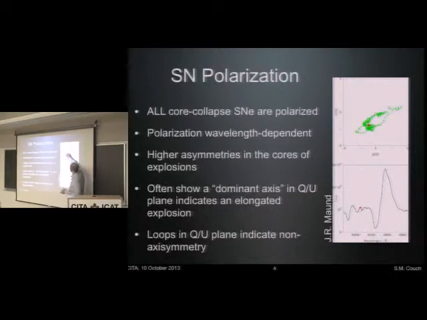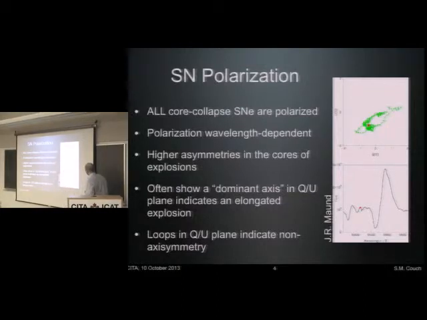So points around here indicate low polarization. Points away from here, way out here, indicate high polarization. And what this movie demonstrates is how this is actually wavelength dependent as this little caterpillar moves across the spectrum. You're going to see a larger polarization in the peak and trough of the P Cygni line.